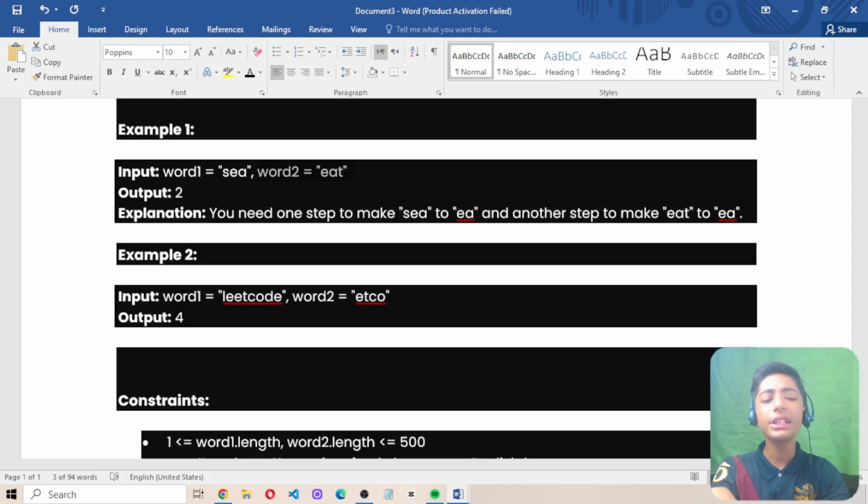Now if you see example 2, here you get a word1 string in which he wrote down leetcode, and then a word2 string in which he wrote down etco. The output is 4. Why? Because if you see here, you need